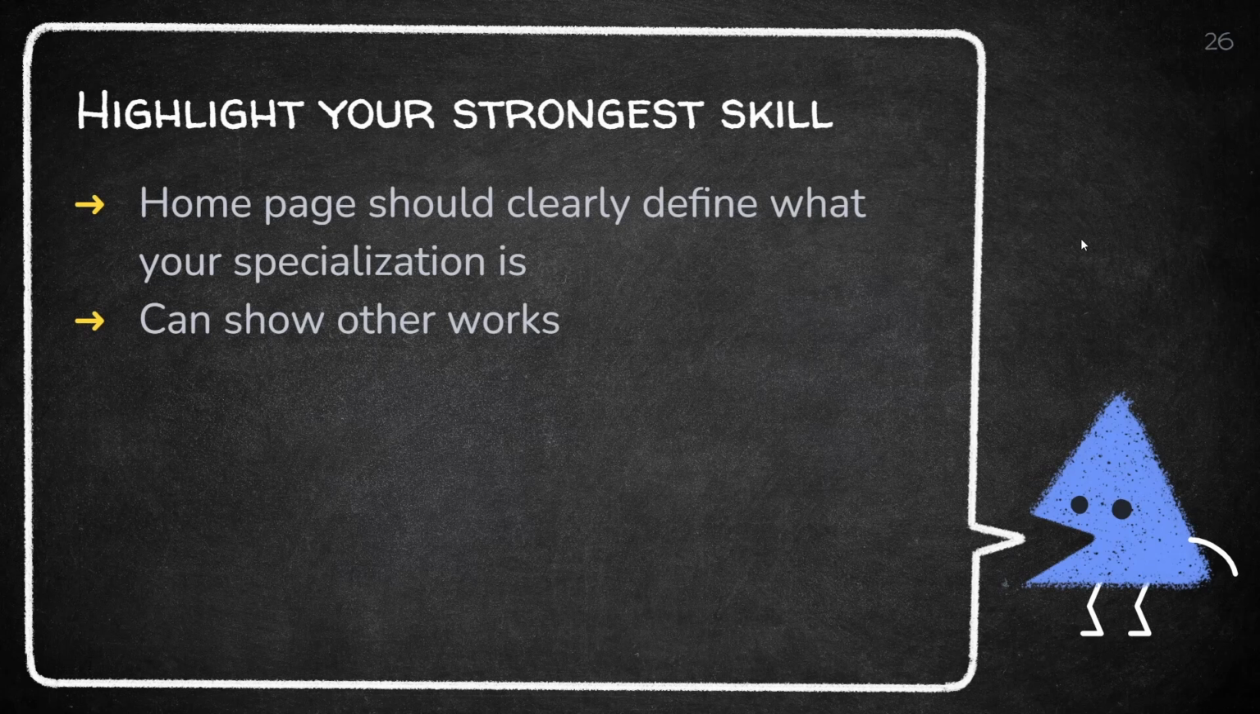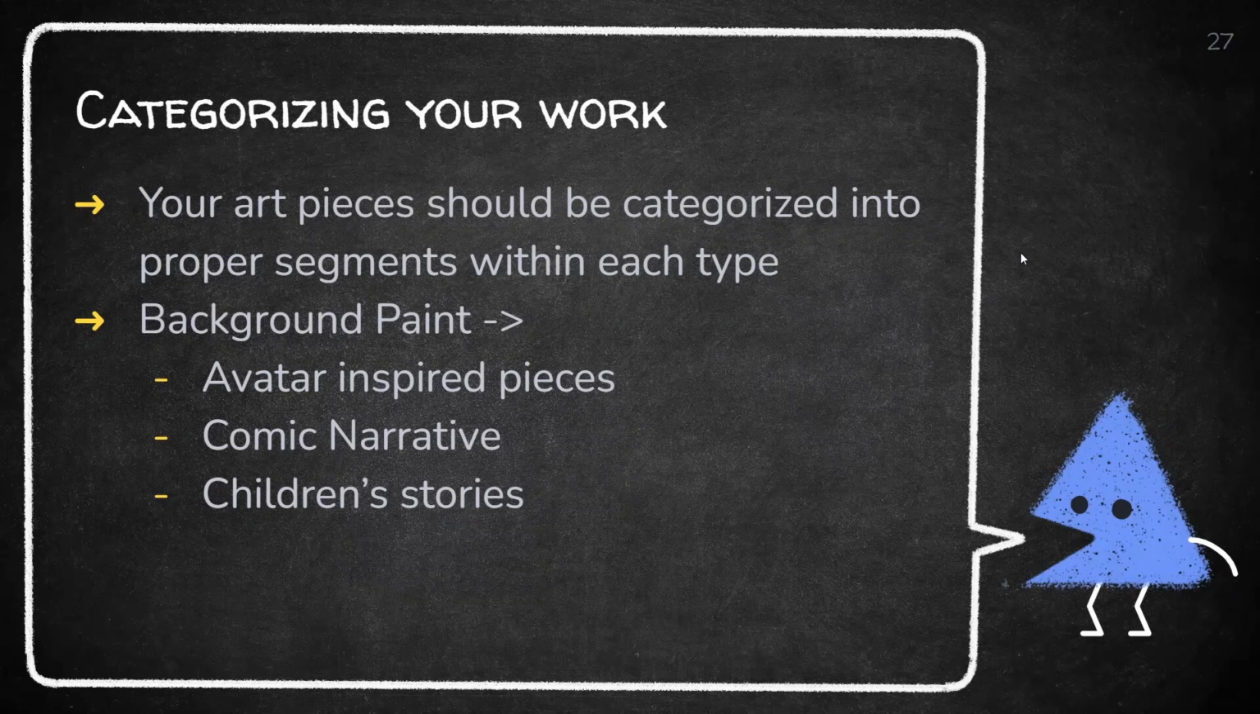Basically, your homepage should show what your strongest skill is, whether that's storyboarding, character concepts, or visual development, and then show your other works as well, as mentioned previously. And then you could categorize your work. So if you did background paint, what were the different types of background paints you did? If you did an entire segment of background paints inspired by Avatar, you group them into the Avatar folder. You group stuff into a comic narrative folder, or into children's stories